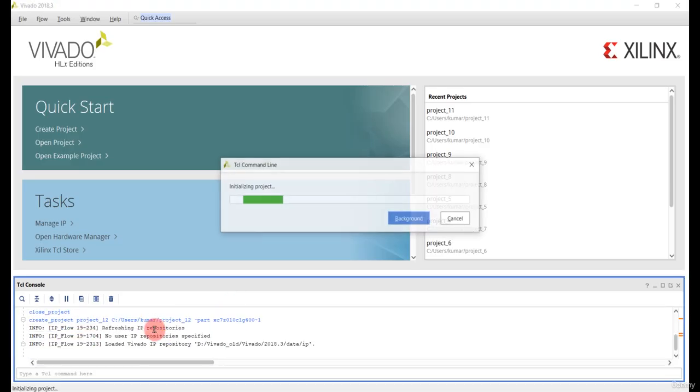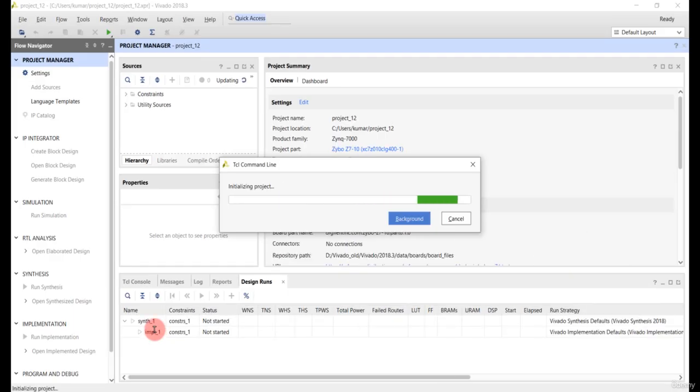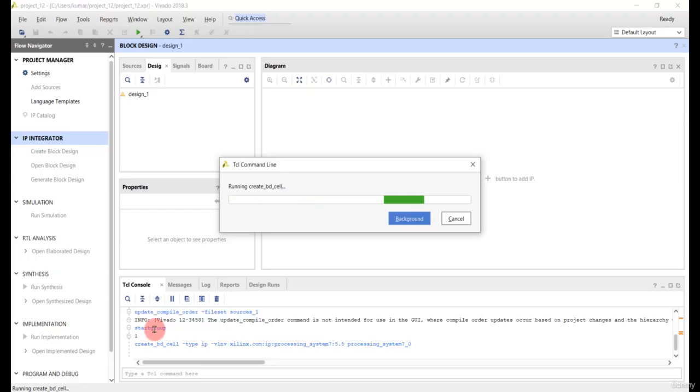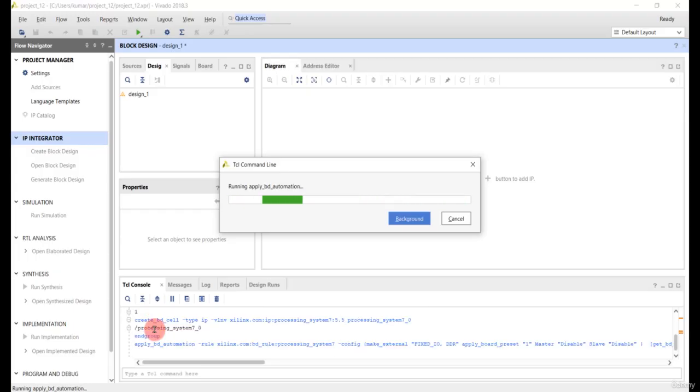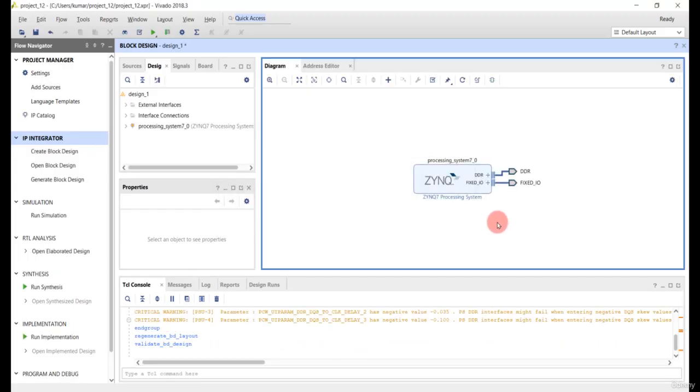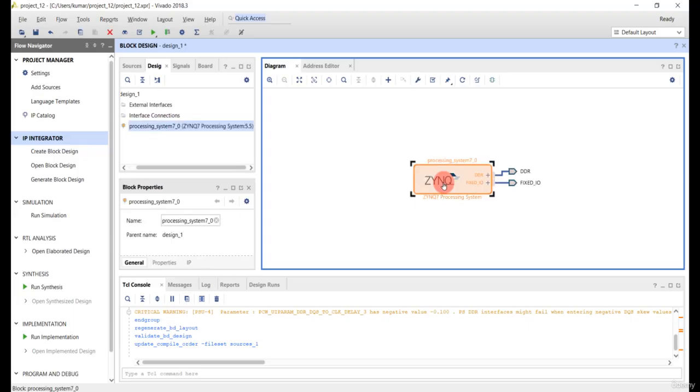So this will automatically create a directory for us, as well as it will add a block design and the fundamental hardware, which is the processing system with a default configuration setting, will also be added, right? Now on the top of this, we could build up our application, right? So our agenda is to verify how we connect the MIO and an LED, right? So let us just double click on an IP